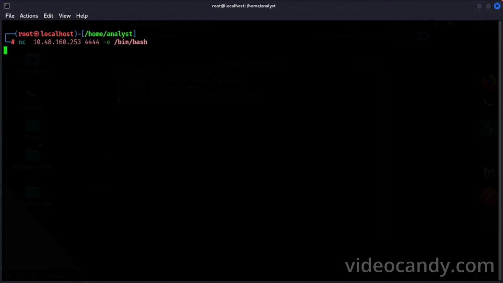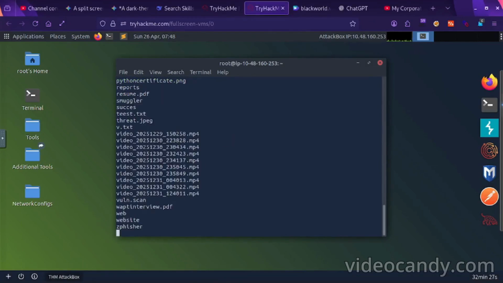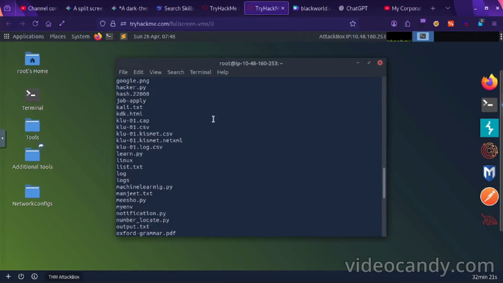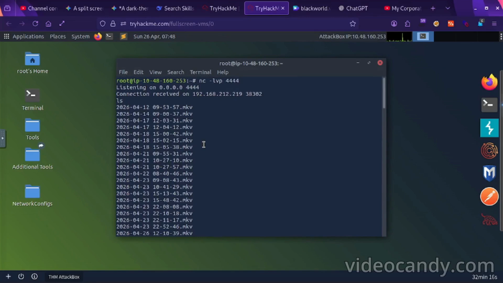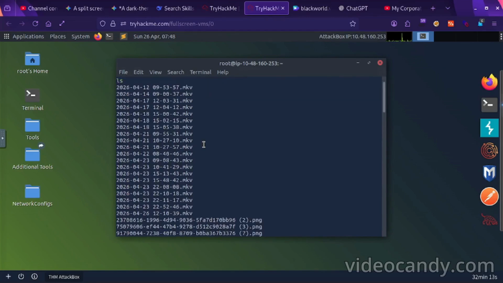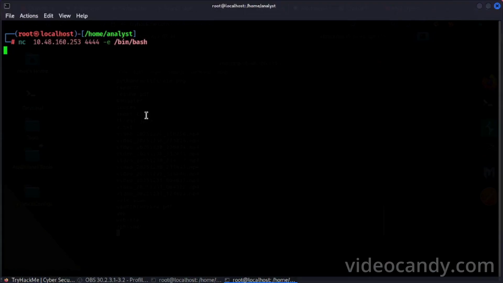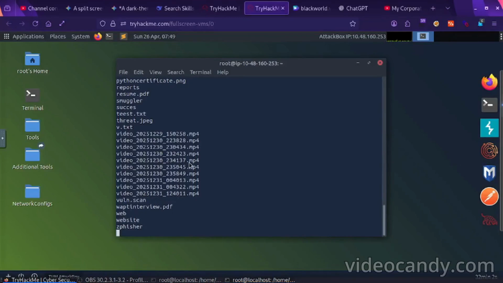and boom, we are connected. The attacker has access to everything. Every directory on the victim, the attacker can access. You can see here is test, here is reports, resume.pdf, payload accesses.txt, payload.txt. We will open payload.txt.